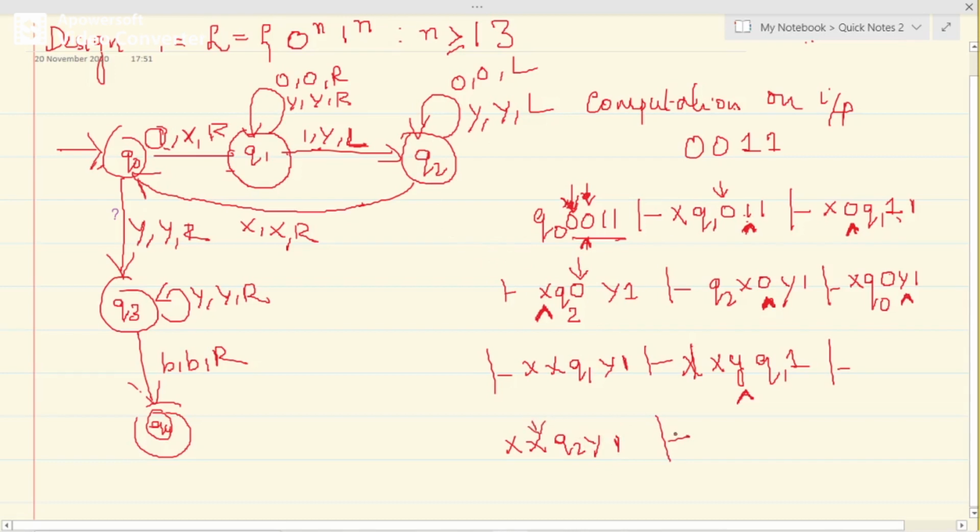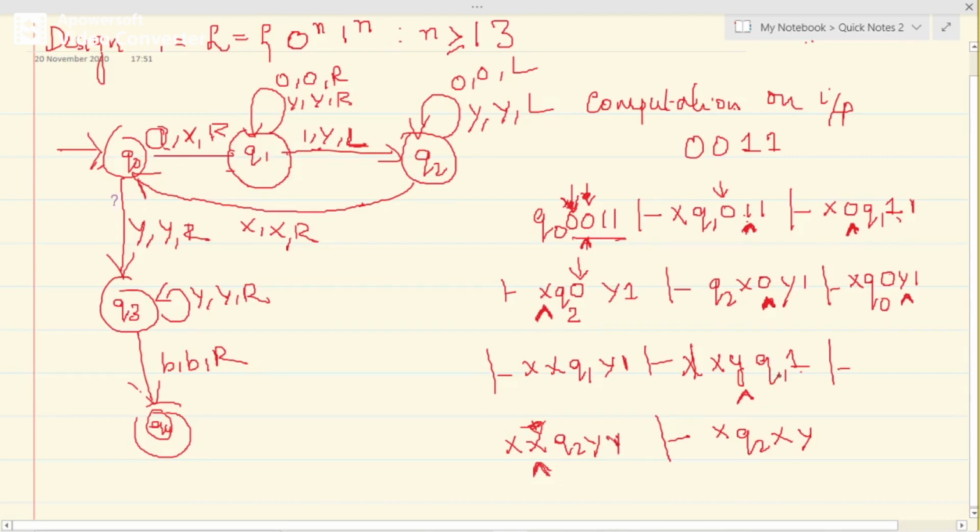So that means you come here. Now in the next step, the read write head is here, so the state needs to be before this X. After processing, Q2 on Y goes to Q2 itself: Q2 X Y. Sorry, here Q1 on 1, I did not change it to Y, isn't it?